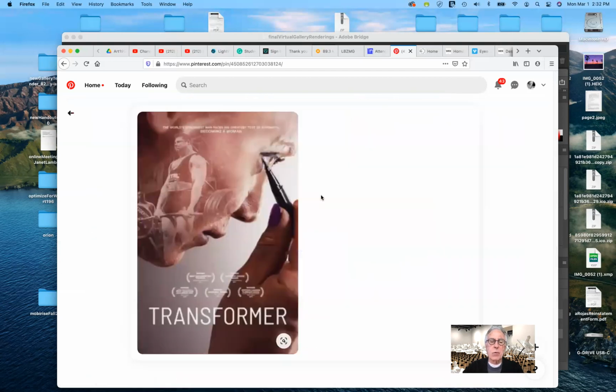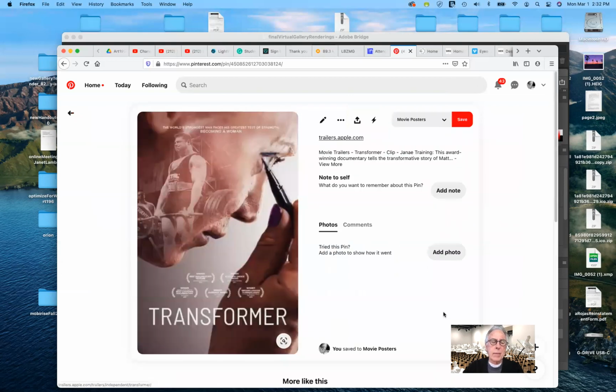I thought Transformer was a good one. This combines many of the elements that I've talked about. It's principally a single image, but notice how they've transposed part of his former self almost as a silhouette. They use the profile of him as a silhouette and put him inside. And you can see that he's transforming, so it's dealing with transgender issues.